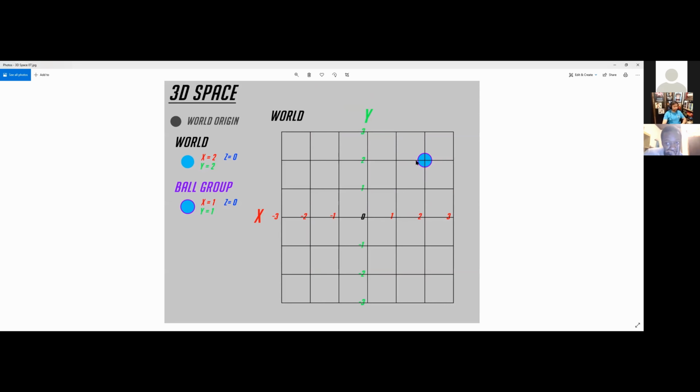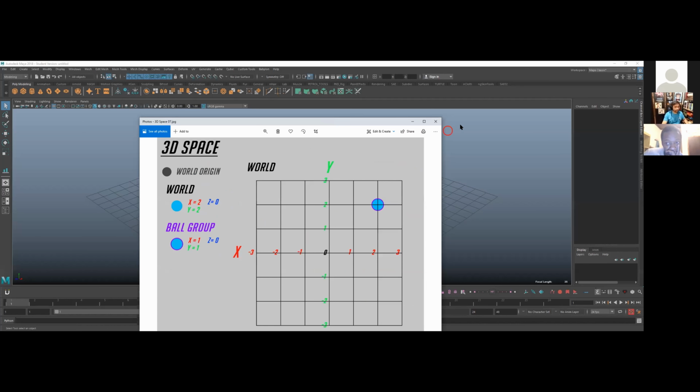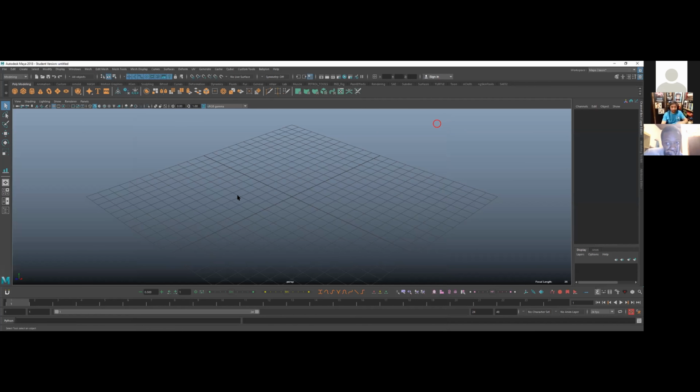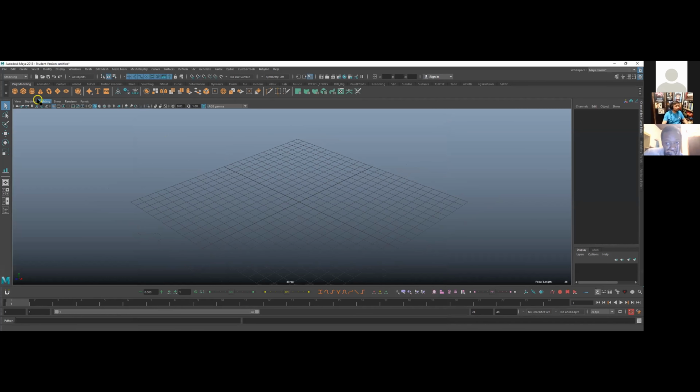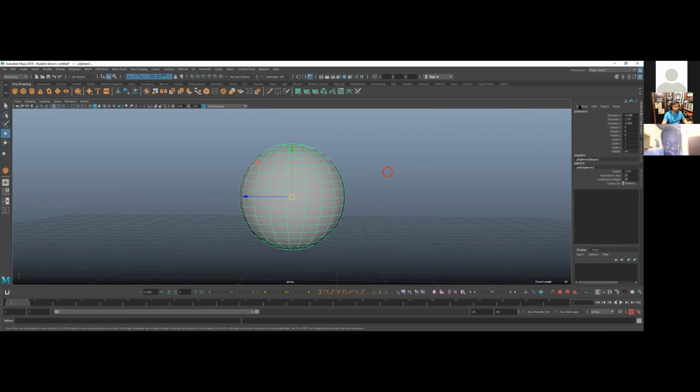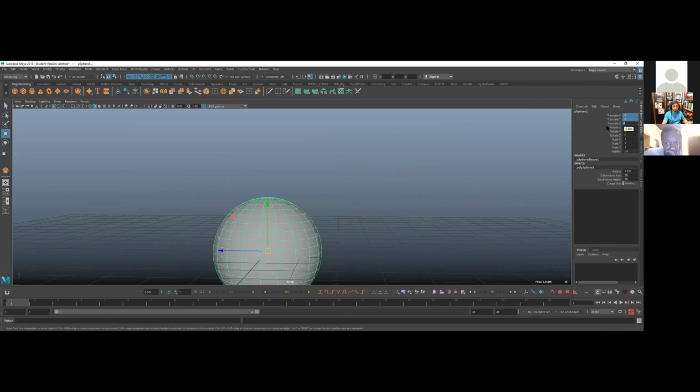But let me explain this a little bit further in an actual 3D scene. That way it'll be a little bit more clear. This is just the concept of it. So let's start with creating a ball, just like we did in our last class. And then I'm going to zero out its translations just by selecting all these in the channel box and zeroing